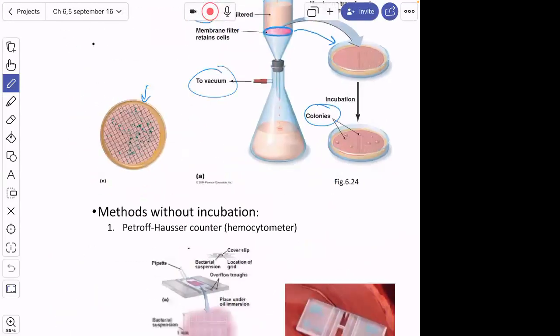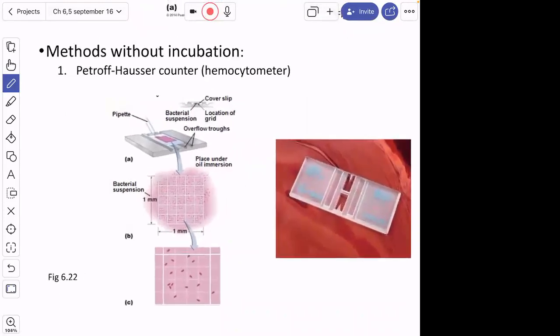Okay, so now we look at some methods that don't require incubation. The first thing we think of is using a Petroff-Hausser chamber. Another name for that is a hemocytometer. Might be a little bit easier to remember. But this is just a modified microscope slide where there's actually a grid etched here and here on that microscope slide. You can't see it unless you look through the microscope. And then we typically will put a cover slip on here like this. And then you can kind of see it right here. You pipette in your solution, your microbial solution that you want to count. It kind of goes into that little ridge right there. It wicks underneath the cover slip,